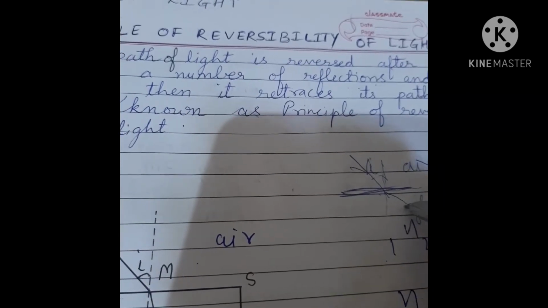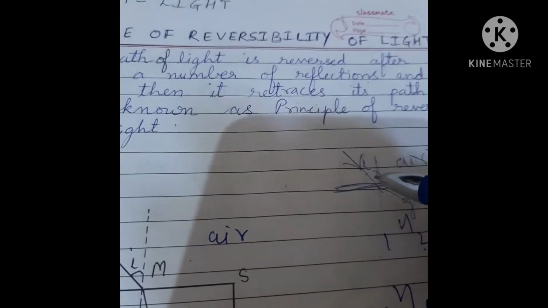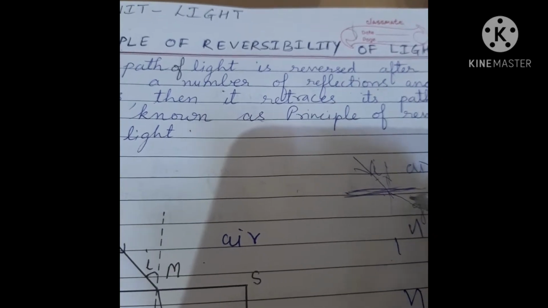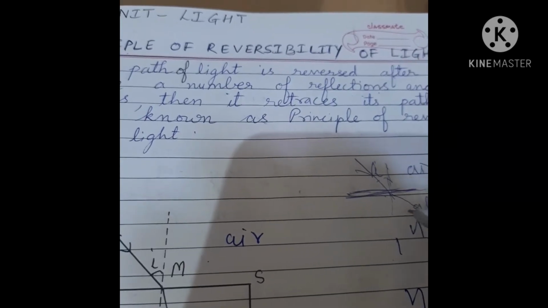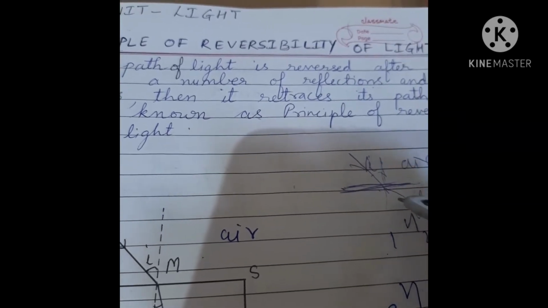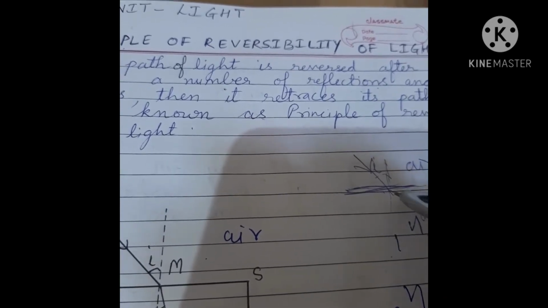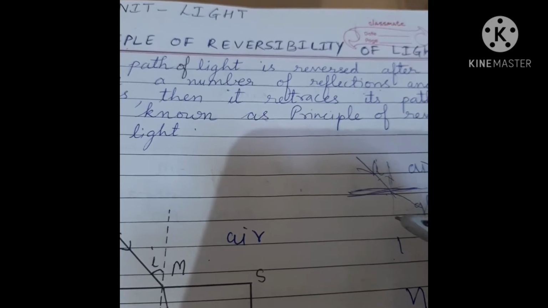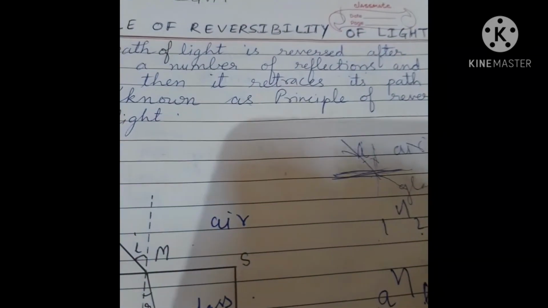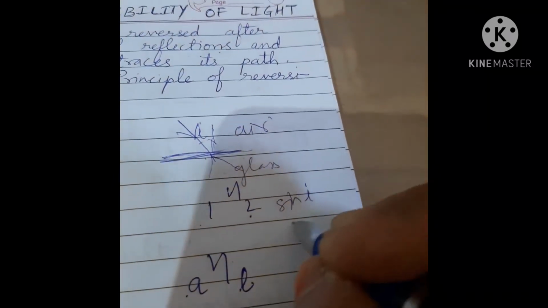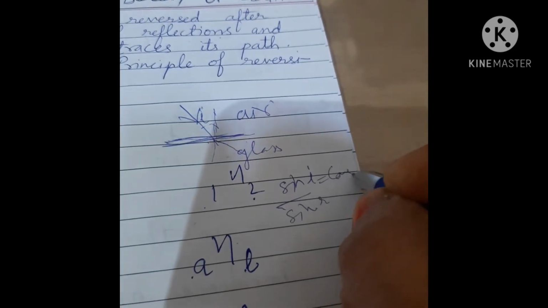It bends away from the normal, means it doesn't move on the path on which it was moving. It slightly bends away from the normal when the light ray moves from rarer to denser. But suppose the light ray moves from denser to rarer, then it moves towards the normal. So these things you got to know in the last class, and you got that the ratio of the sine of angle of incidence to the sine of angle of refraction is a constant.